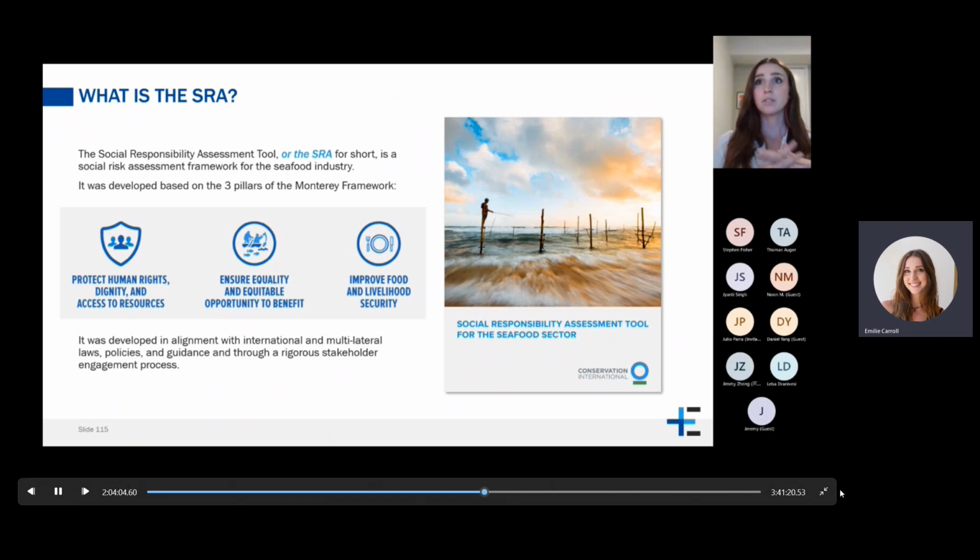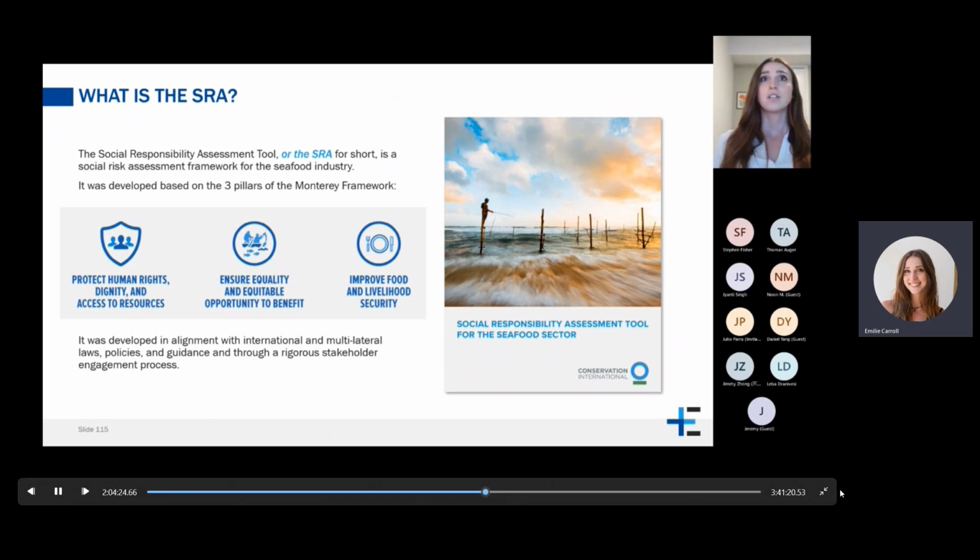But the SRA was developed by Conservation International and was developed off of what's known as the Monterey Framework. So this was research that came out of Conservation International that was seeking to find a common definition for social responsibility that was holistic and covered multiple different areas of social